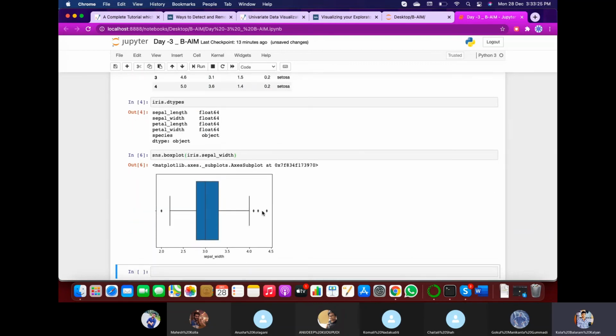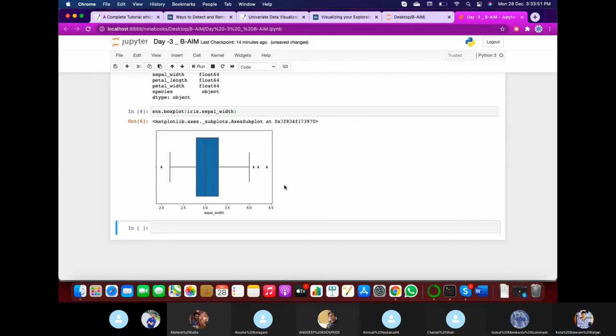Box plot is a data visualization technique used for univariate analysis. Apart from box plot, you can use many others like scatter plot, swarm plot, violin plot, also line chart. All these types of visualizations come under univariate analysis. For a sample, I have drawn the box plot.